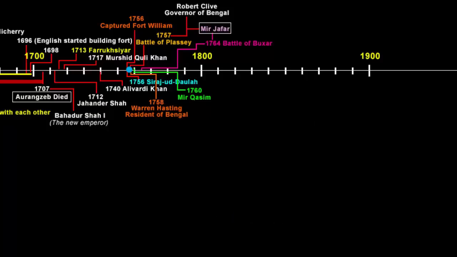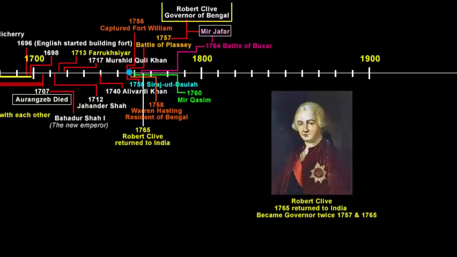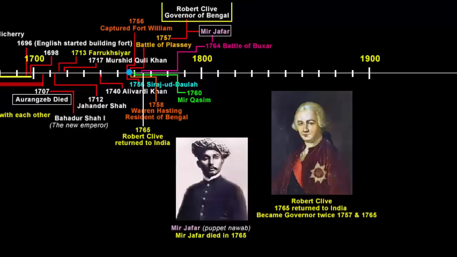During the Battle of Buxar, Robert Clive was in England. He returned to India for the second time in 1765 and was appointed the Governor of Bengal from 1765 to 1767 for the second time. In 1765, Mir Jafar died, and soon after his death, the mood of the company changed, because the company demanded more money from the Nawab to finance its wars and meet the demands of trade and its other expenses. It wanted more territories and more revenue, and a lot of times these puppet Nawabs would not listen, as they had to maintain a basic appearance of dignity to gain respect in front of their people. So basically, the company was tired of the puppet Nawab system.